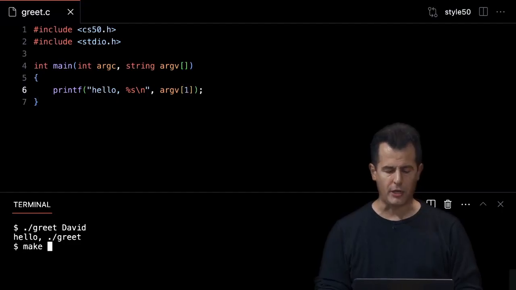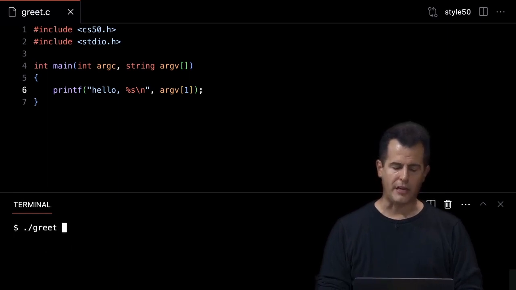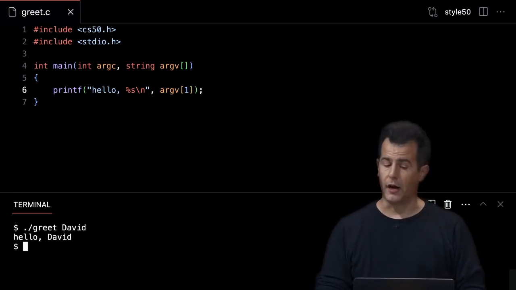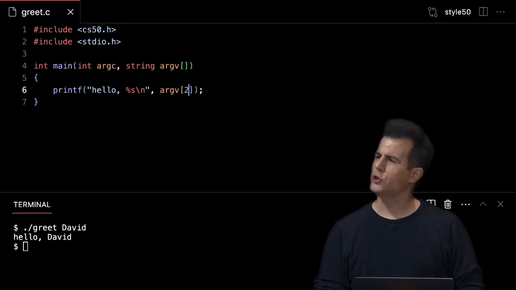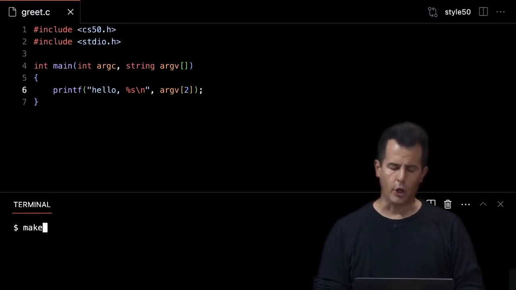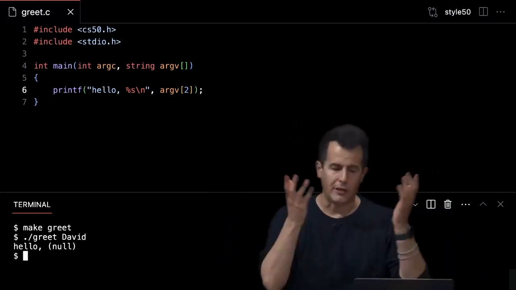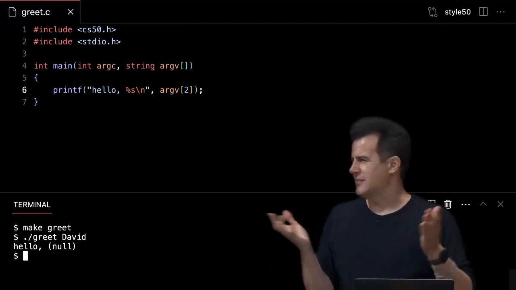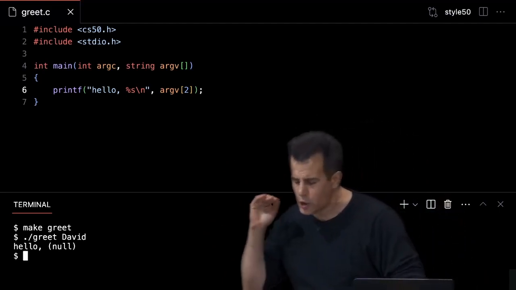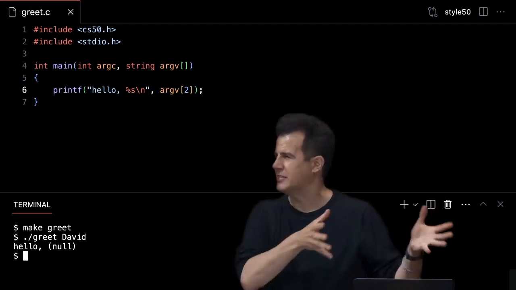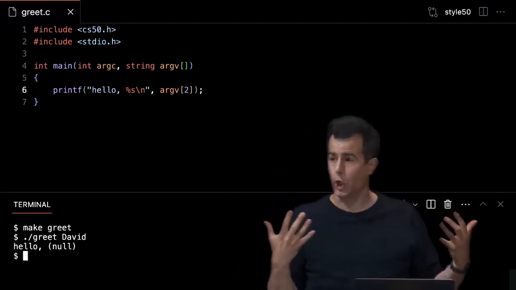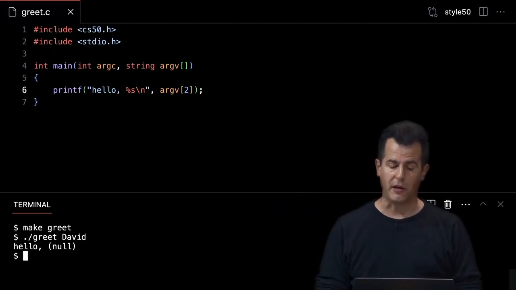Well, let's do something a little smarter than this. Let me go back to version 1. Let me recompile it, make greet. Let me rerun /greet David, and this seems to work fine. What if I get a little curious and print out location 2? Let me recompile the code, make greet, /greet David, enter. OK, there's null. And I mentioned we'd see null, and here's one incarnation thereof. But this is clearly wrong. So I probably don't want to even let the user do this, because I don't want them to see bogus output. This is arguably a bug in the code that it even bothered to show this by default.